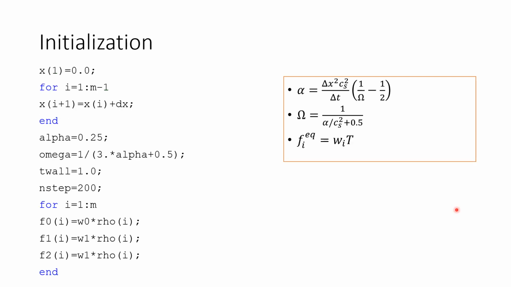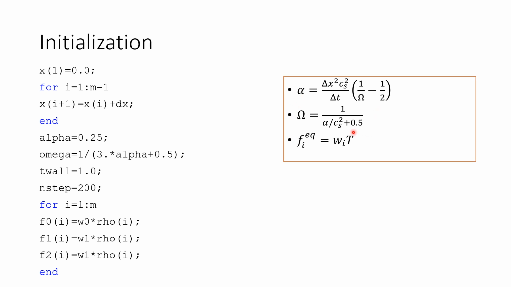So next we are still in the initialization substep. First we have to discretize this slab into 100 lattices, i equals 1 to M minus 1. M is 101 minus 1, so we have 100 lattices, and each of the lattices would have the length of 1 unit. And then we already know that alpha is equal to 0.25, and